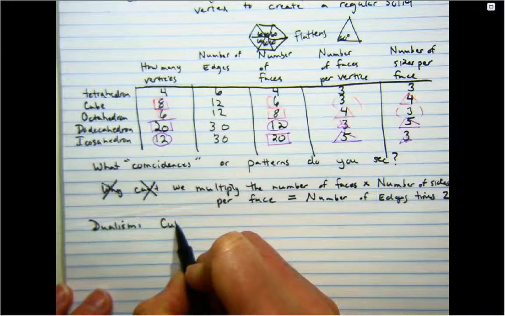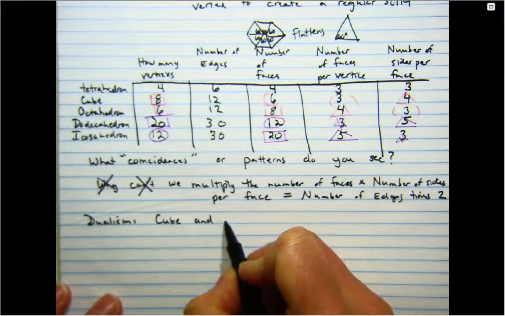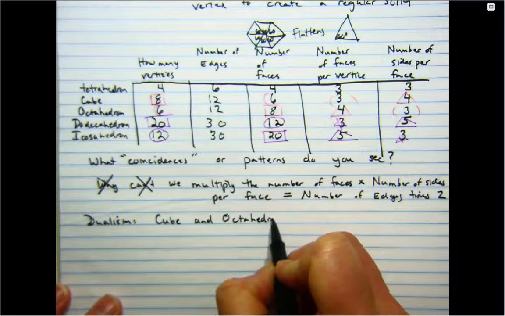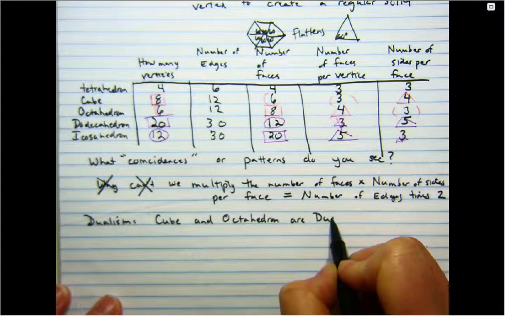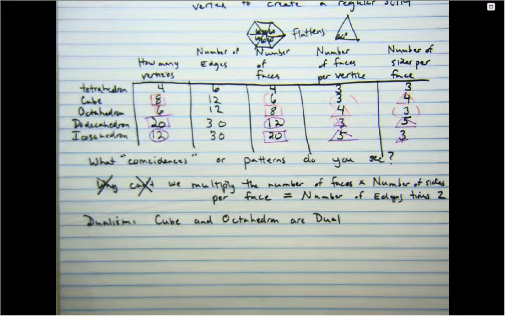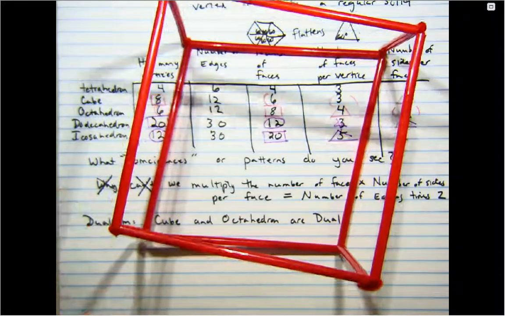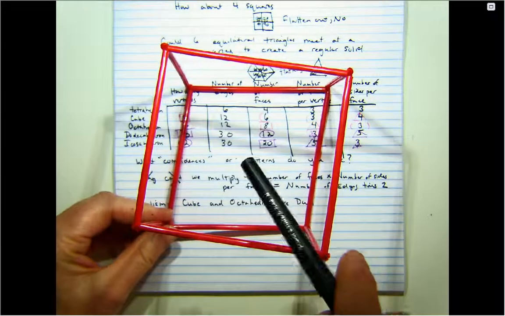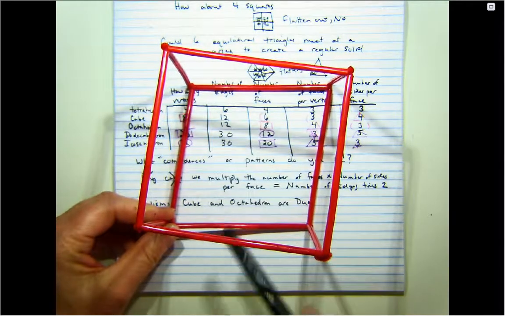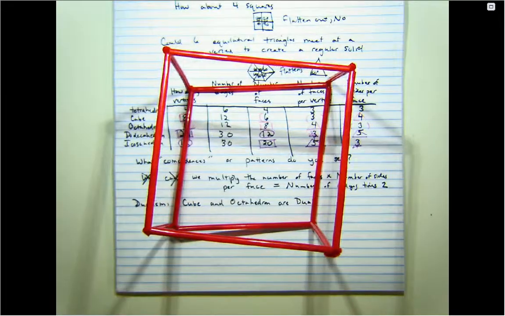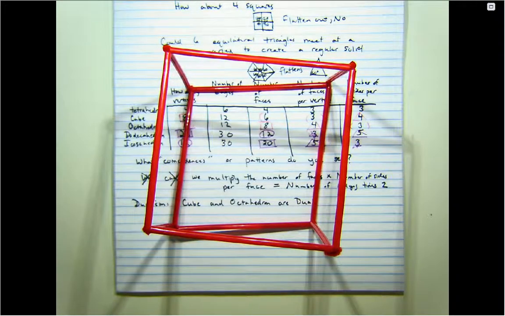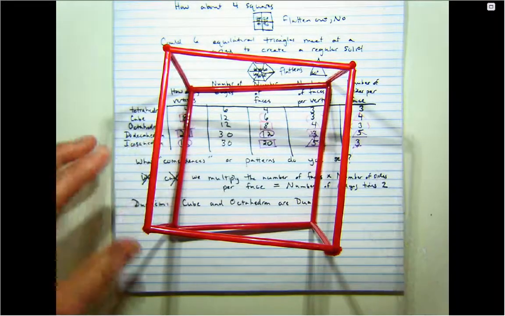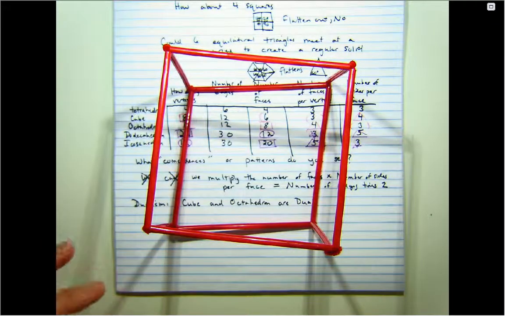So let's start with the cube and the octahedron. The cube and the octahedron are dual. So we can call it duality or dualism. What we mean by that is take your cube and picture yourself inside the cube. In fact, you can do it in the room that you're sitting in here. This is not quite a cube, but picture yourself sitting in a cube and look at the ceiling and put a point on the middle of the ceiling, and then put a point on the middle of the floor, and put a point in the middle of each of the 4 walls around you. Okay, so point on the ceiling, point on the floor, point in the middle of each wall around you. Well, if you connect all these points together with edges,